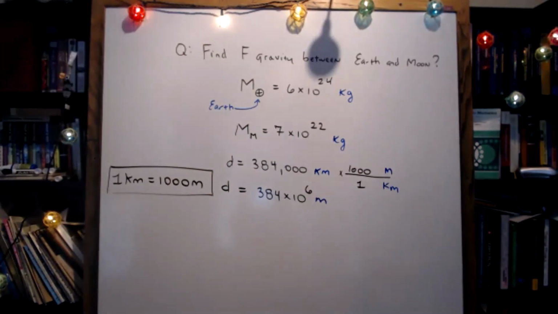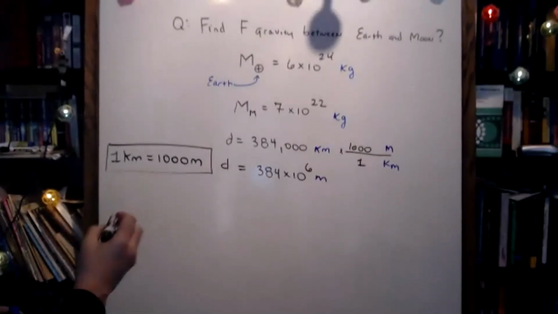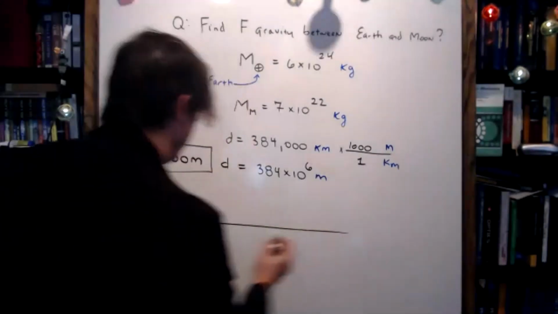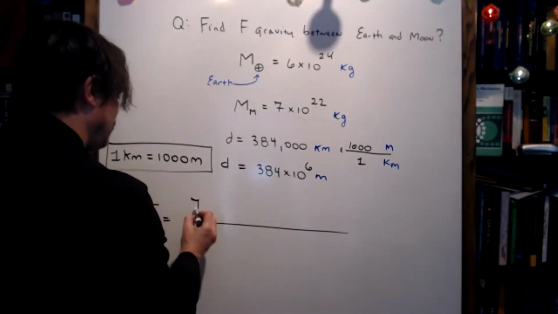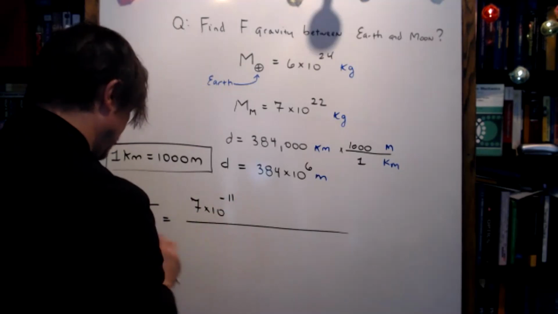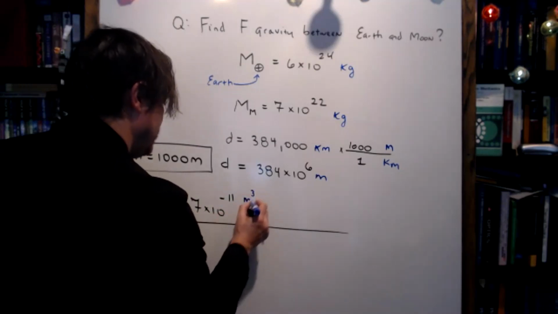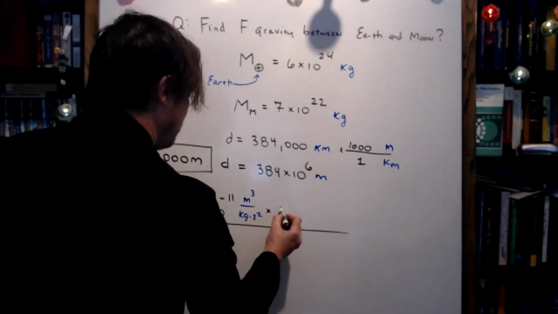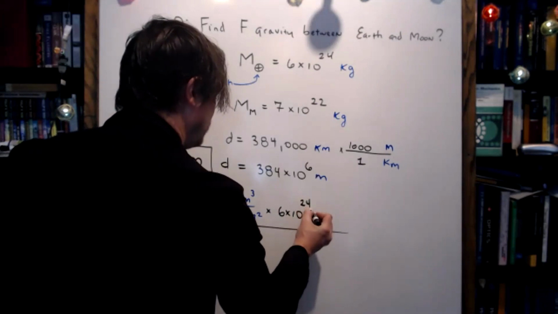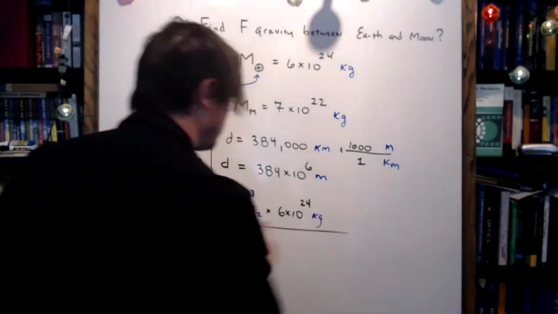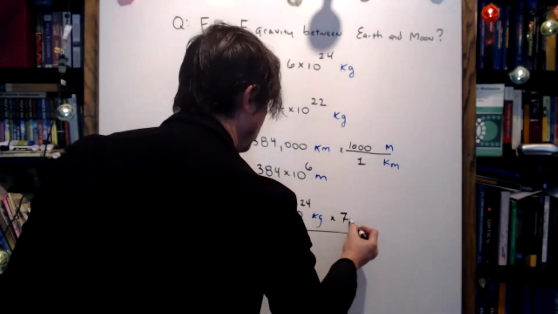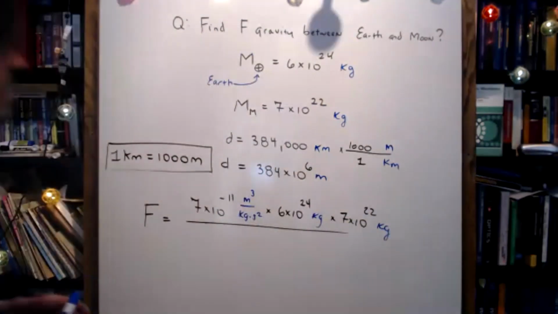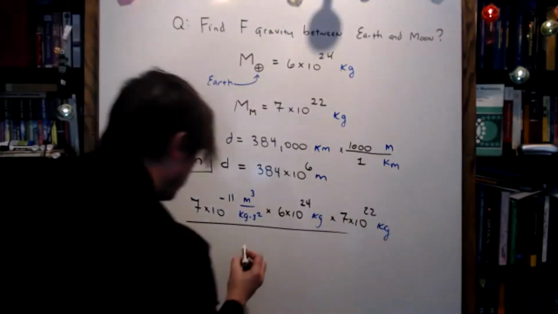And now we can set up the equation and compute the force of gravity between Earth and the moon. Let's go ahead and do this. Hang on to your hats. The force of gravity between Earth and the moon is, first we have to multiply by big G, 7 times 10 to the minus 11 meters cubed per kilogram per second squared, times the mass of the Earth, 6 times 10 to the 24 kilograms, times the mass of the moon, 7 times 10 to the 22 kilograms, all divided by the distance,